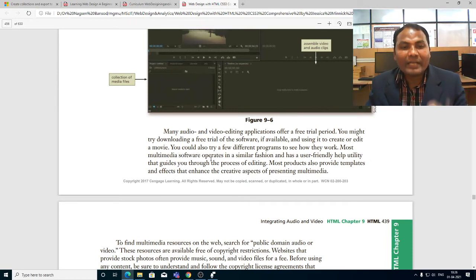You might try downloading a free trial of the software if available and use it to edit a movie. You could also try a few different programs to see how they work. Most multimedia software operates in a similar fashion.